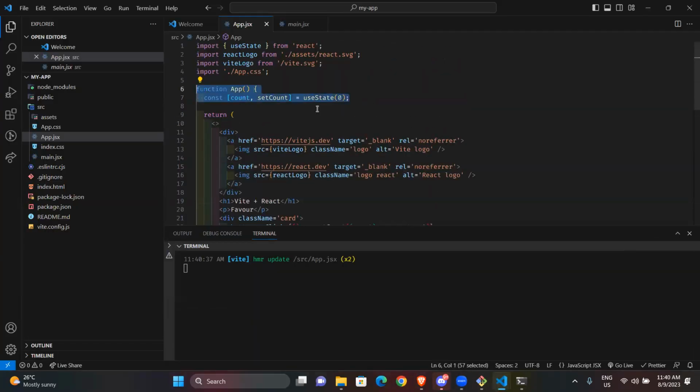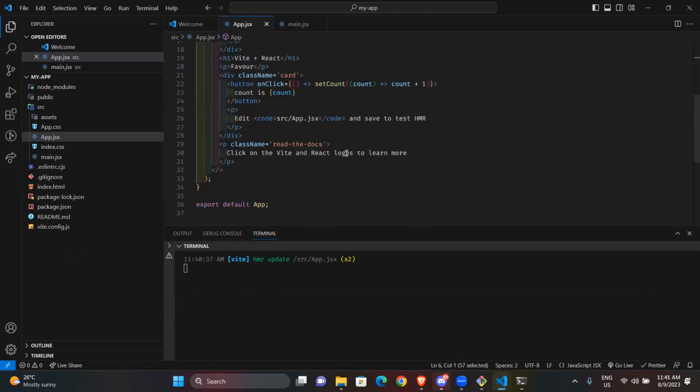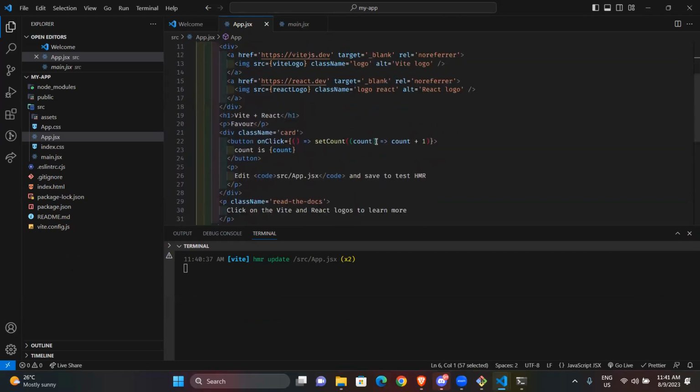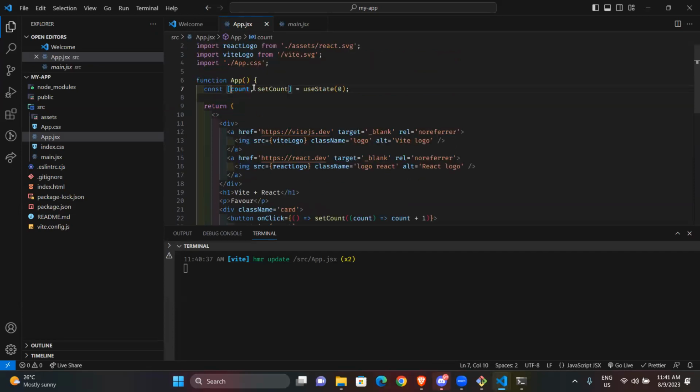This state initially is 0, but because you're saying count plus 1, for all of us that understand JavaScript, you have count incrementing by 1. Anytime I click this button, this increases by 1, and then this displays the count. So the count is this same state that we have here. We'll talk about that.